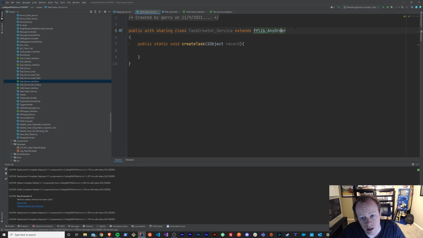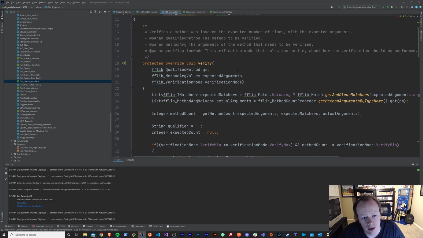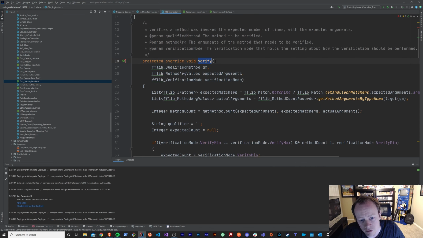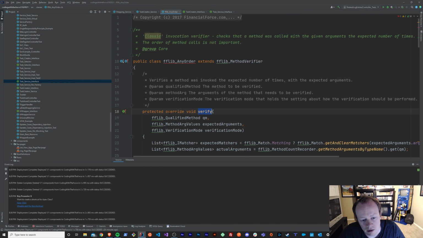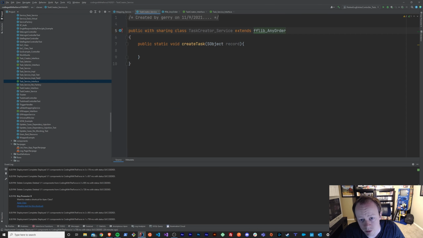So if I was extending this fflib_any_order class, which is part of the Apex common library, or actually I think this is part of the Apex mocks library, I should be able to use this verify method and any other overridable method within it without causing a problem, right? So basically I'm saying the task creator service here should be able to use any method within this class that it extends without causing a problem. You know, it doesn't need to throw an error if it uses that method,